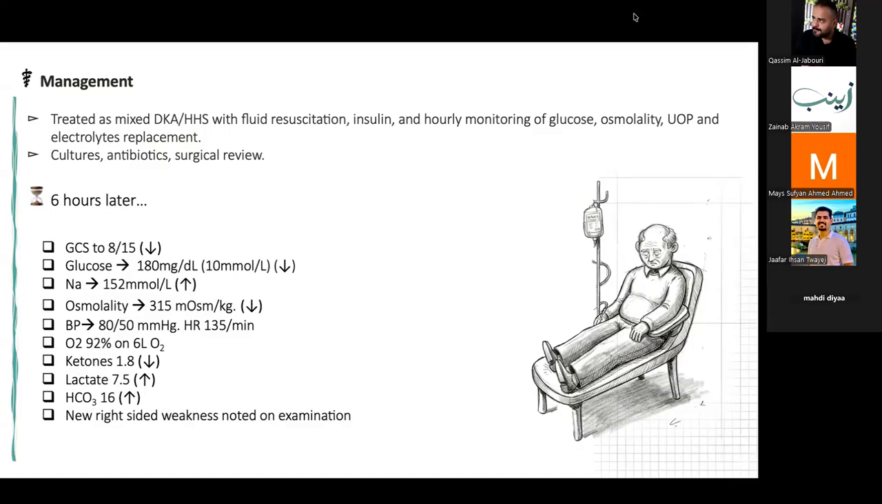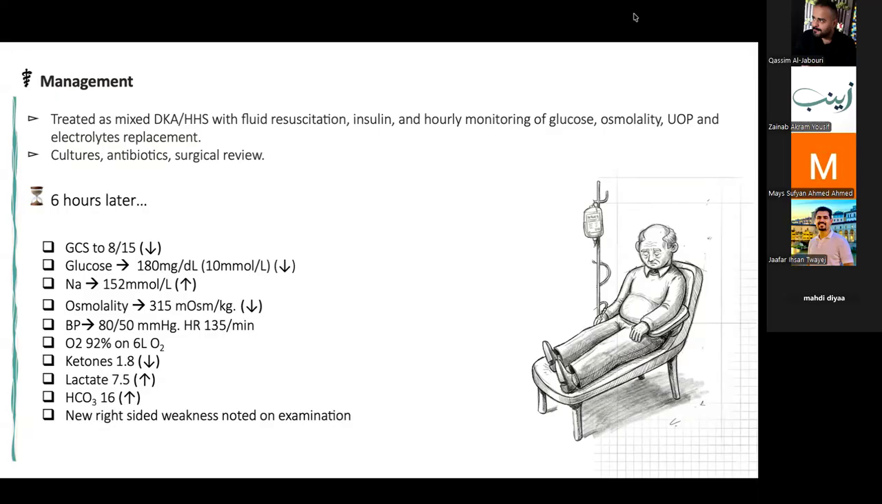his GCS dropped further. His sugar is 180, which has reduced compared to the initial one. His sodium has gone up, osmolality slightly reduced. His blood pressure remained low, and his blood pressure and heart rate got worse compared to the initial one. He is now requiring more oxygen. His ketones dropped, lactate gone up, bicarb. So if you look at the numbers, his acidosis has improved, osmolality slightly improved, but his sodium has gone up,